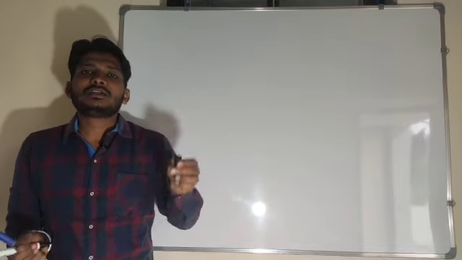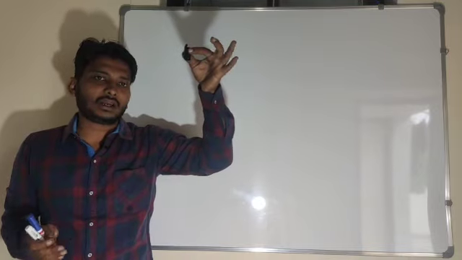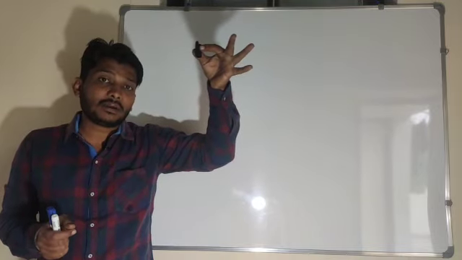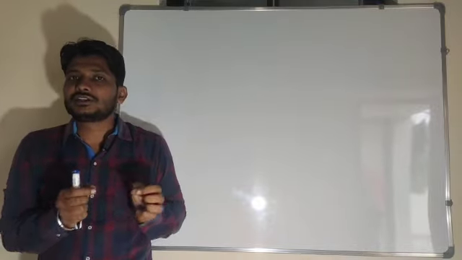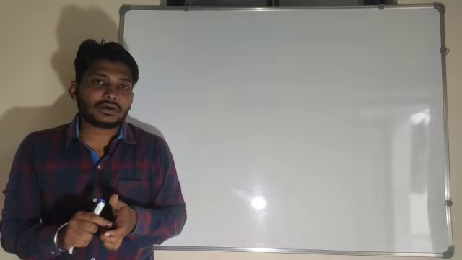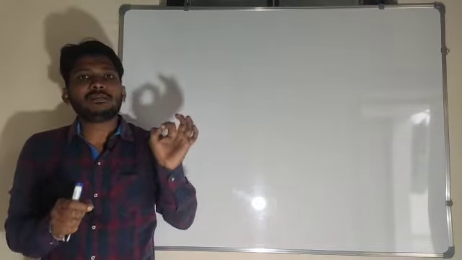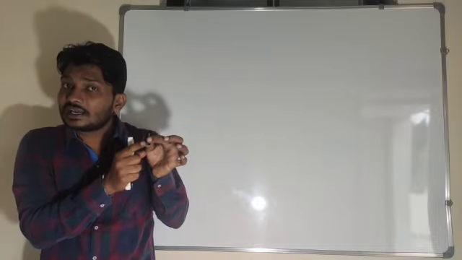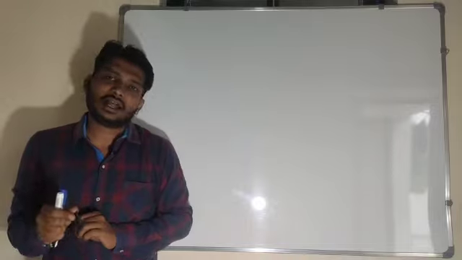For example, this is one object here. This object is at a certain height from the ground. If I release this object, then what happens? The object falls vertically downward. Why does the object move vertically downward? This is because gravity pulls the object in a downward direction. So the object will accelerate because of gravity. That is the acceleration due to gravity.